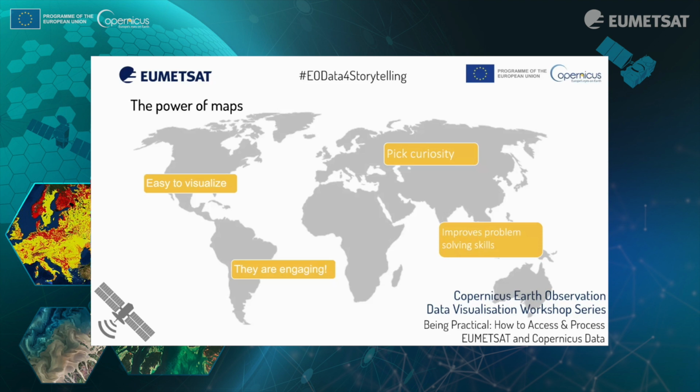But because of this, we have the incredible power of maps. We believe that maps are one of the best tools we currently have to share science. This is obviously because they're easily visualizable, they are engaging, they have a lot of colors, they pique curiosity, and we know how important it is to pique curiosity, especially on media when you have a certain algorithm, and the more people stop to look at your image, the better it is for your article. So maps are a really good tool for us, and it has been widely researched that they improve problem solving skills, together with a lot of different skills that are improved through the use of maps.